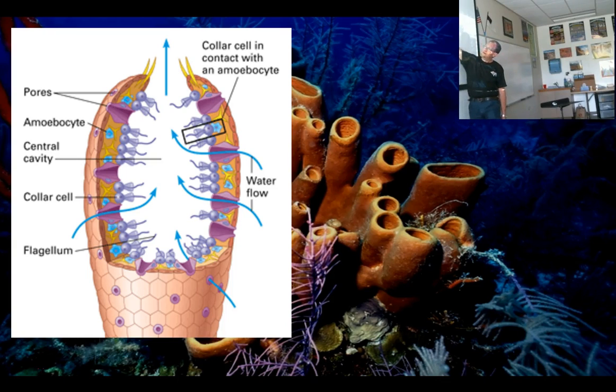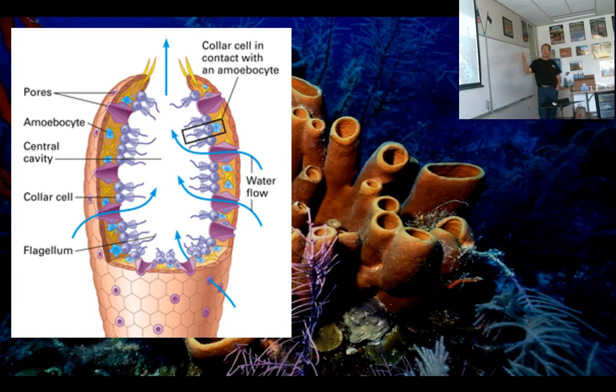And here they're drawn like little blue blobs, but these little amoebocytes crawl through the body of the sponge looking for food molecules. When it finds something, it digests it. And then as it's crawling through the body of the sponge, it shares its biomolecules with collar cells and the other cells of the body. So it's mobile stomachs crawling through the body of the sponge.